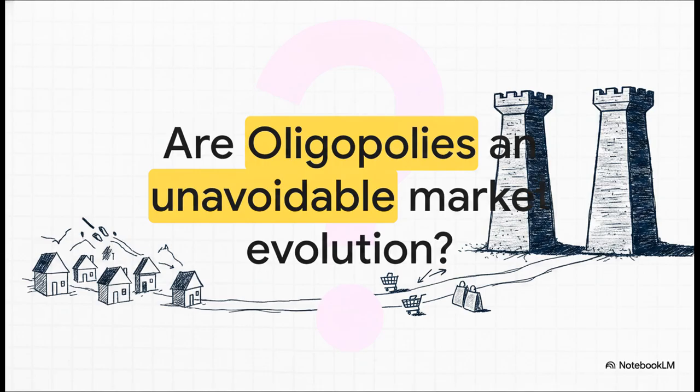But here is the ultimate twist to leave you with today. Economists actually openly admit that perfect competition is largely a myth. It's an ideal market structure that is incredibly rare to find in the actual real world. It mostly serves as a baseline for academic comparison. So if pure competition is essentially a fantasy, are the dominating titans of oligopoly just an unavoidable natural evolution of modern capitalist markets? Are we literally destined to always buy from the few rather than the many?